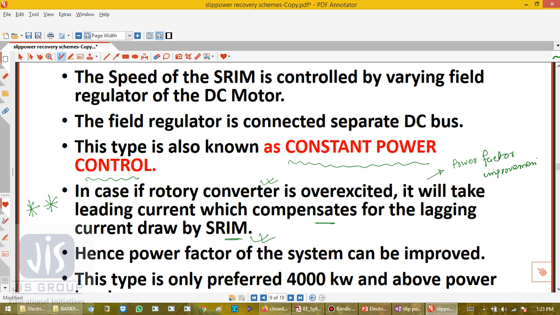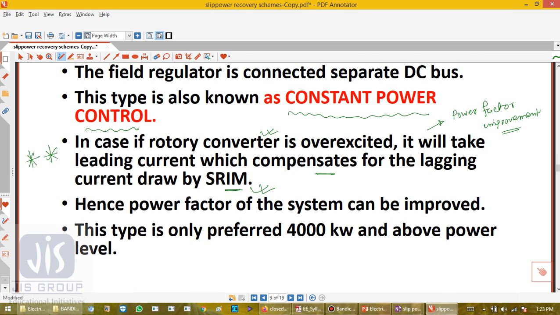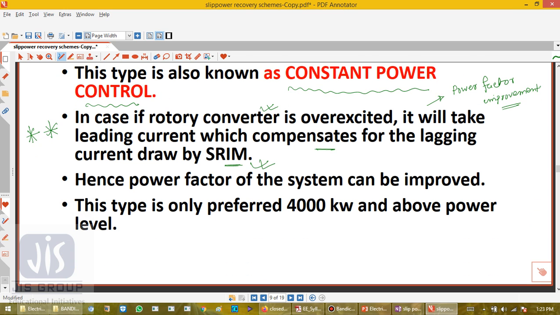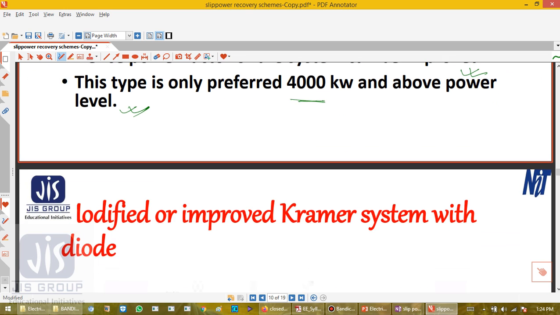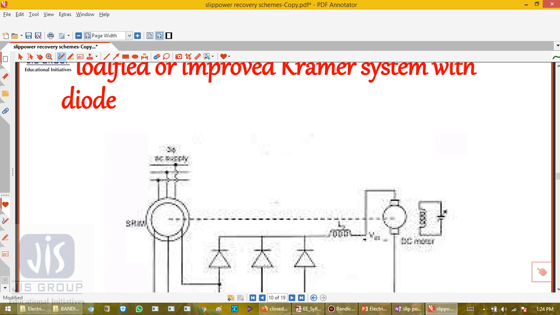We should always keep it in mind that using this Kramer's drive we can improve the power factor. Hence the power factor of the system can be improved, which I have mentioned. This is only preferred at 4000 kilowatt and above power level, these Kramer's drives. Now one thing we should mention here, that I have talked about this field control